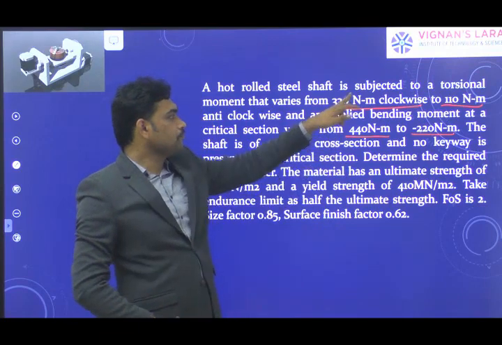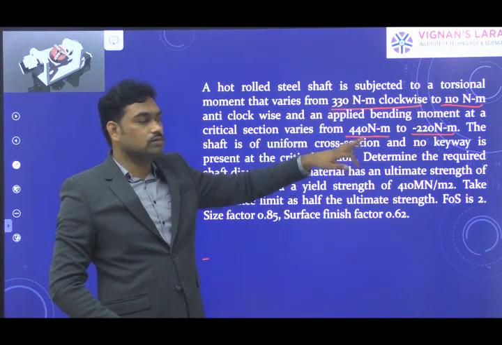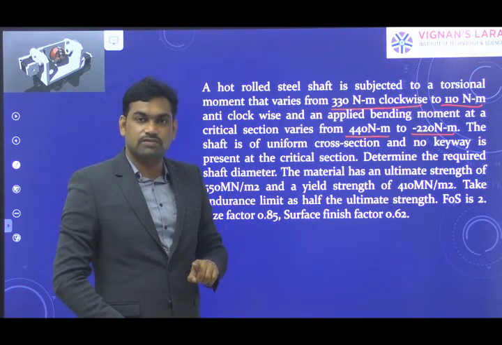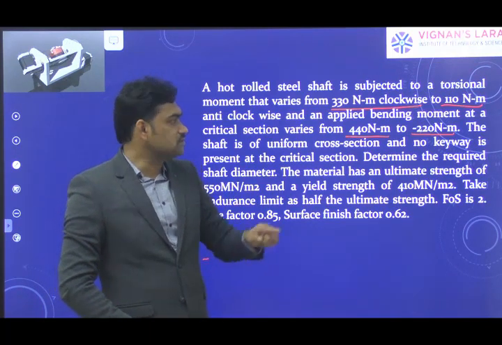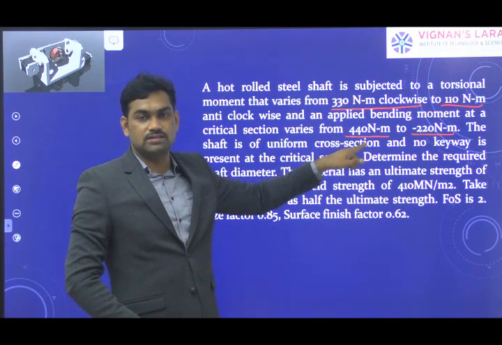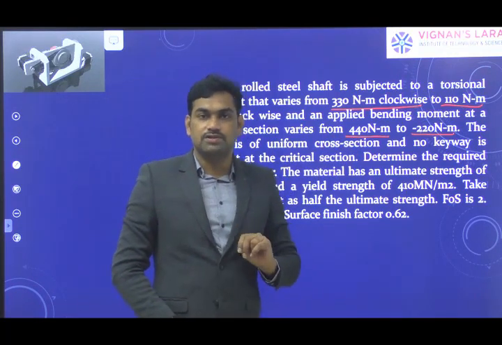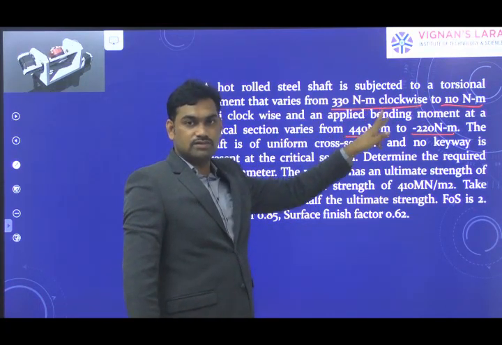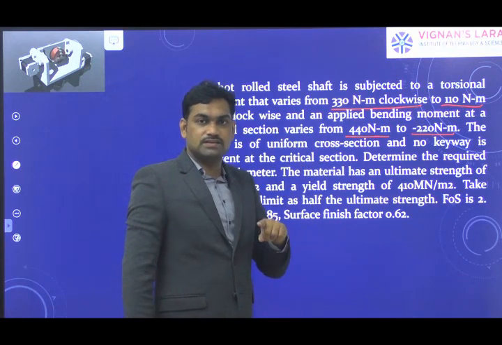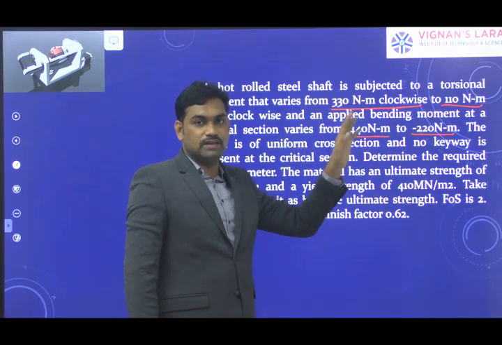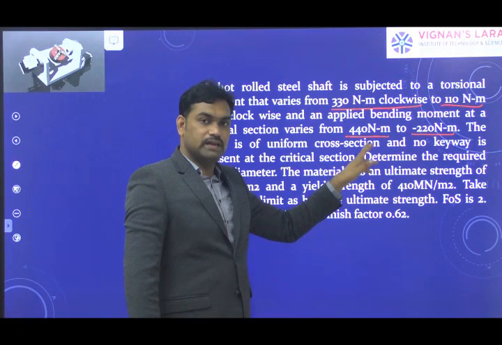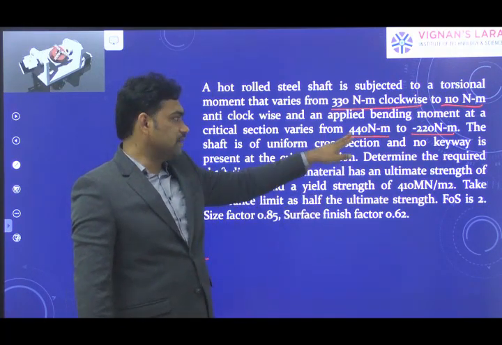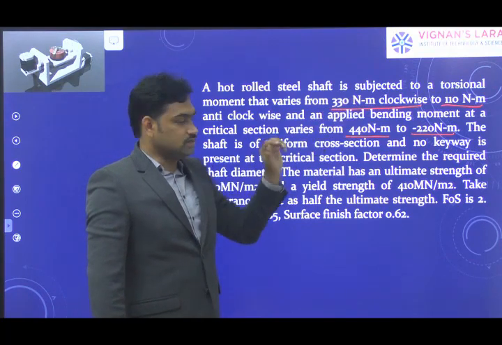So you can observe here that the machine component is subjected to a twisting moment, which induces a torsional shear stress that is a fluctuating or variable shear stress, along with the variable bending stress. Here the combined variable stresses are there. So we need to find the mean and variable components of stresses for shear and for bending: sigma m and sigma v for bending stress, tau m and tau v for shear stress.